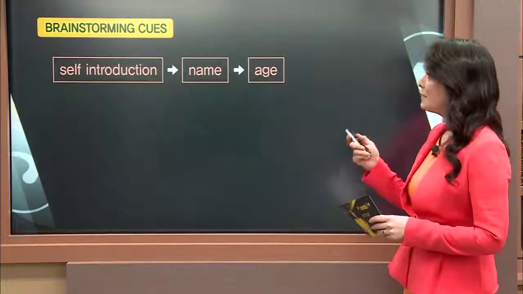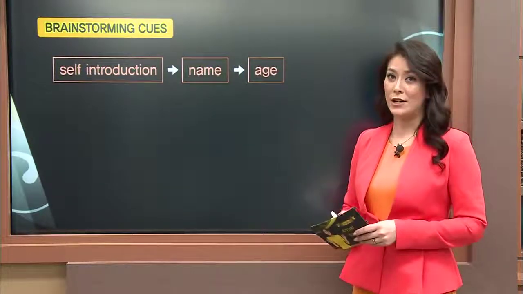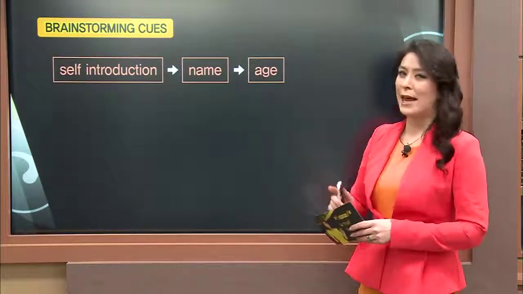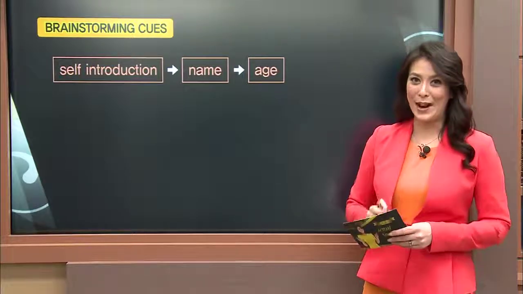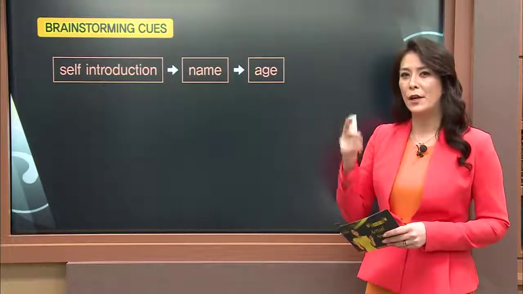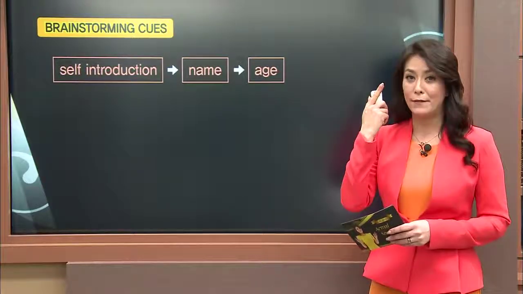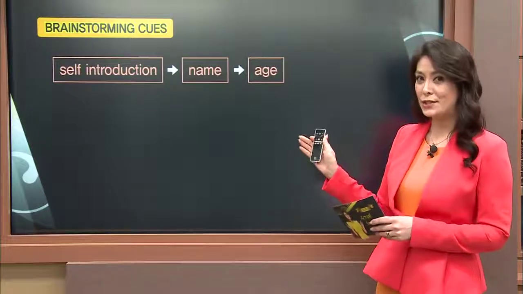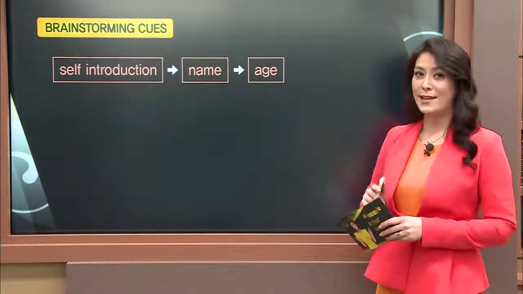Then, what kinds of things can we talk about when we give a self-introduction? Now, these are brainstorming cues. Think of cues as a cue as we film a movie. Now, cue means go, right? We're ready to shoot. It means you are ready to remember these words in your mind, okay? Very, very quickly. So think of them as hints or suggestions. You don't have to use these words in the conversation or the interview.